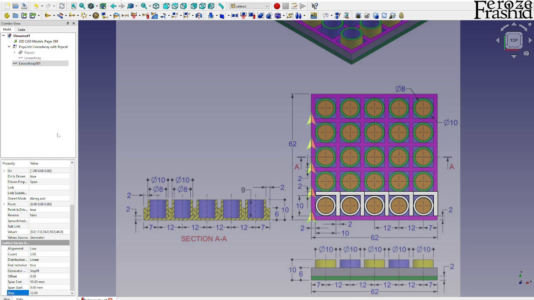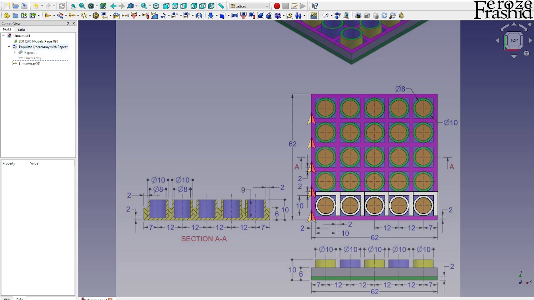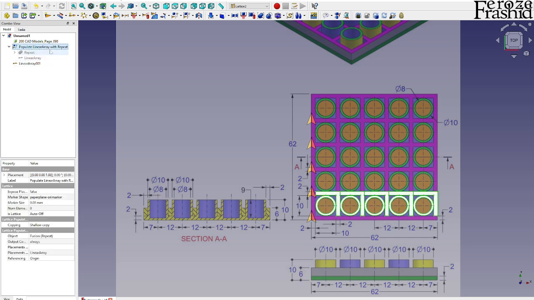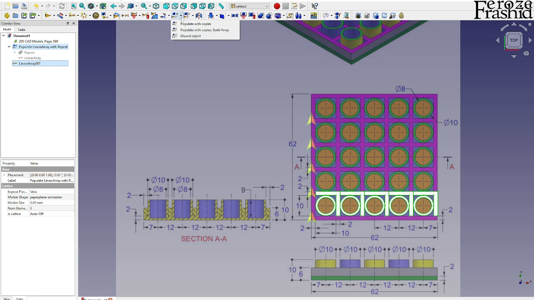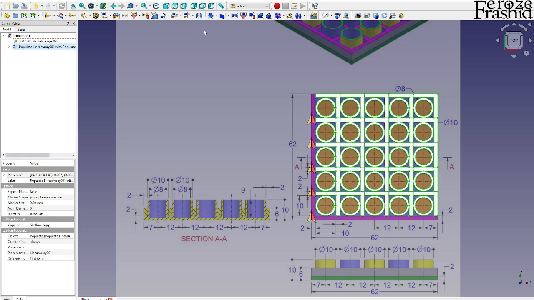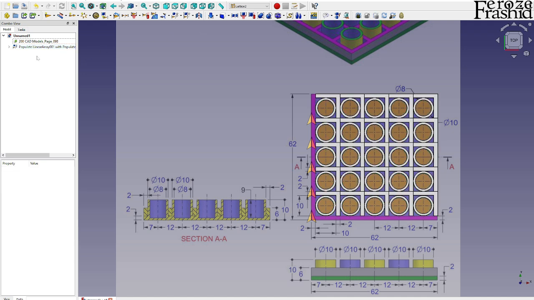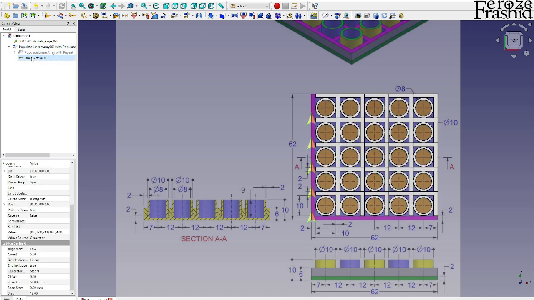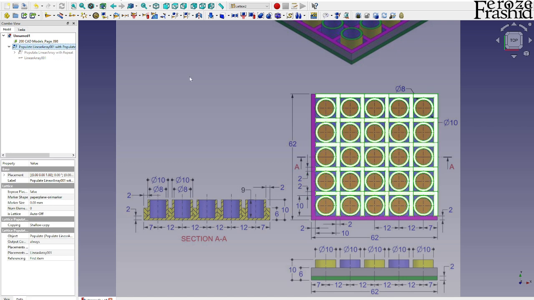It's the same step. What we want to do is take this already generated linear array and the new linear array and say populate with copies, build array. That's what we want, to build an array. And there, let me hide this. So we got the whole thing,